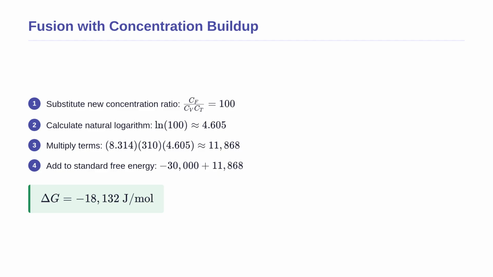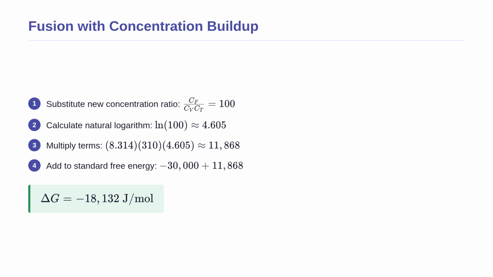Now that we have seen a single fusion event, let us see what happens when many vesicles have already fused. The concentration ratio is now 100. We use the exact same Gibbs free energy equation, but this time the natural logarithm of 100 evaluates to approximately 4.605. Multiplying this by the gas constant and temperature gives a positive thermodynamic resistance of about